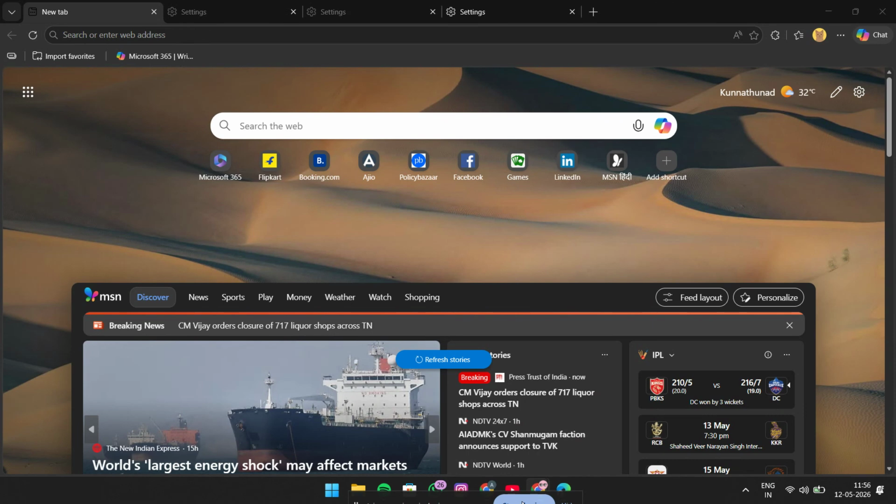So that's it. You've now removed the Edge browser icon from the taskbar in Windows 11 in just one simple